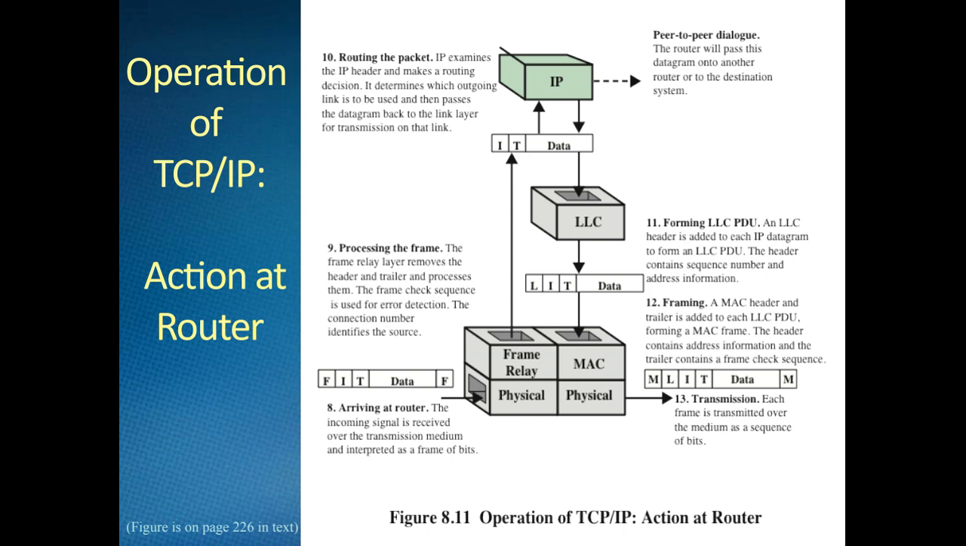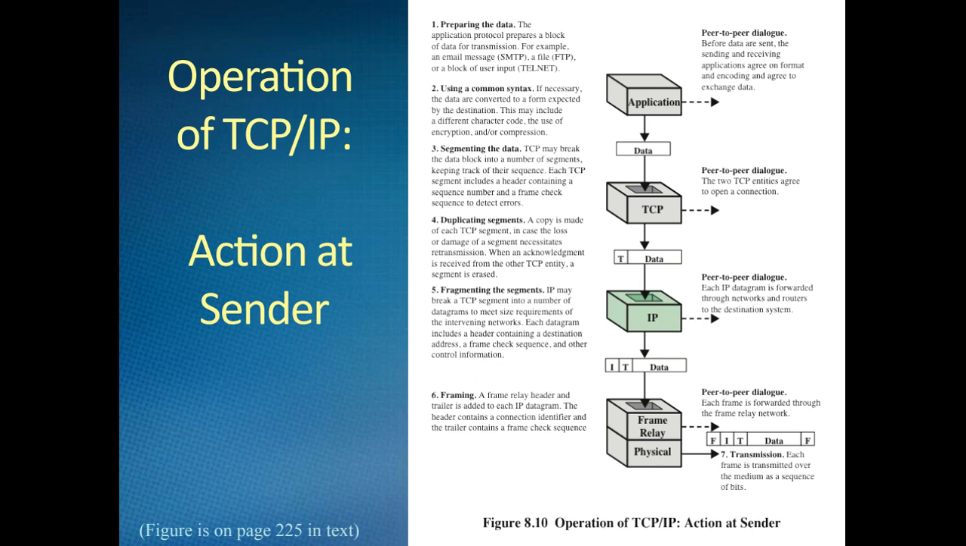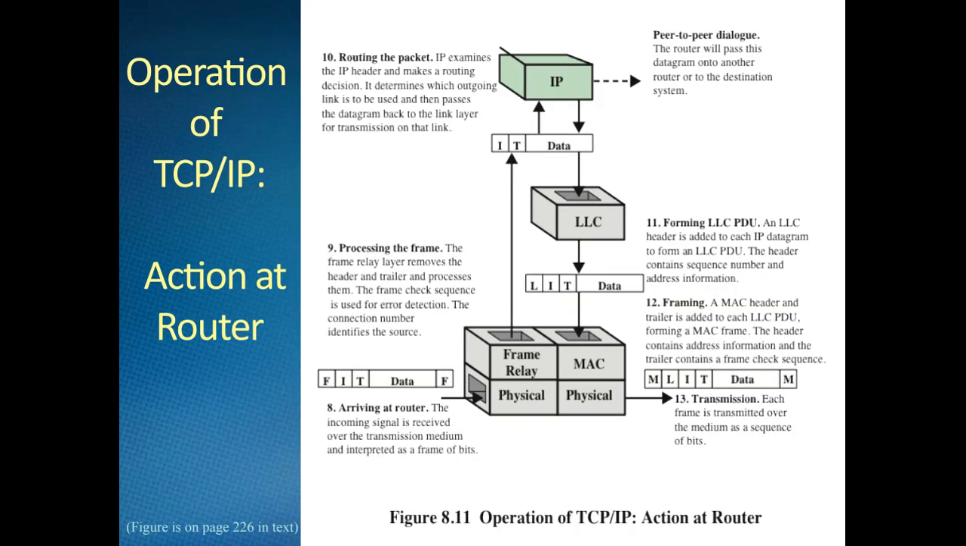Where is step number 7? Oh yeah, I was looking for this. Then it goes to the physical layer, and then it will be transmitted as bits. Okay? Then it will arrive at the destination. So the physical layer will convert it back. Then it will go to the frame relay. From frame relay, it will go back to the